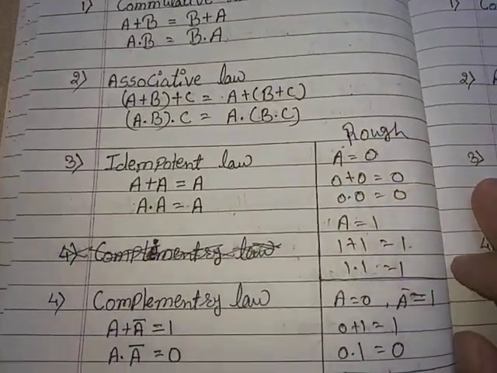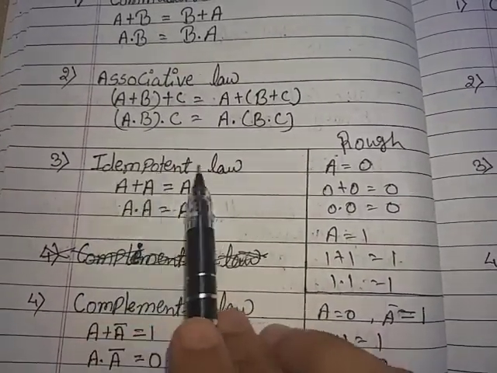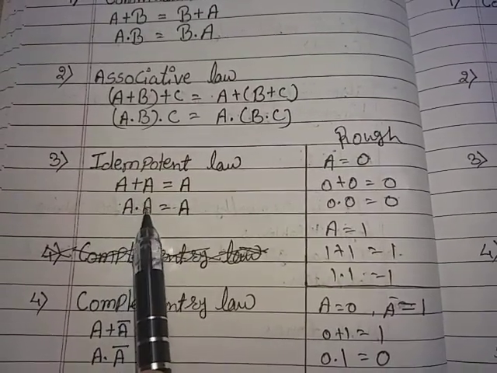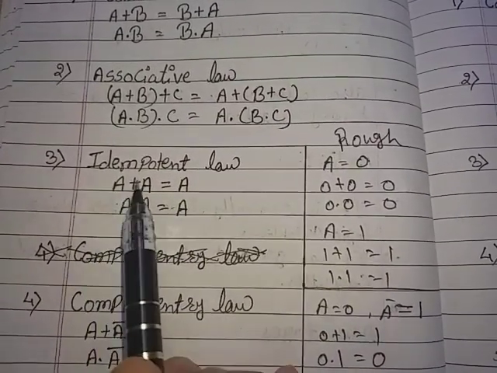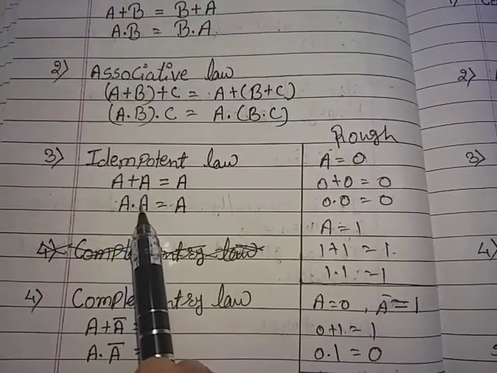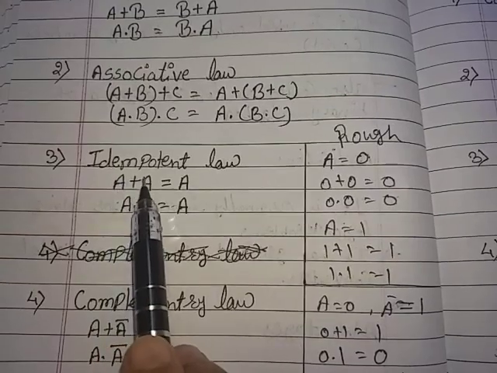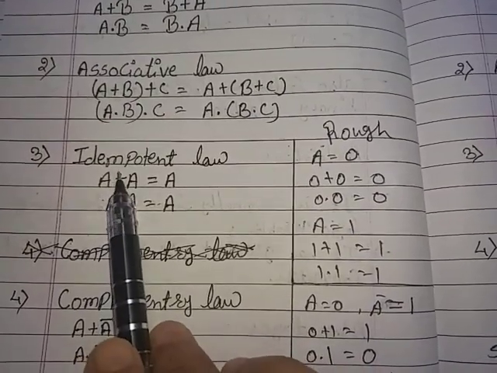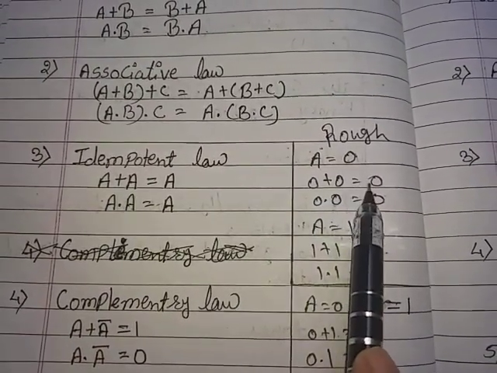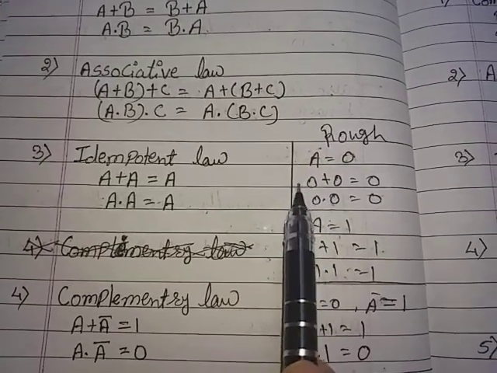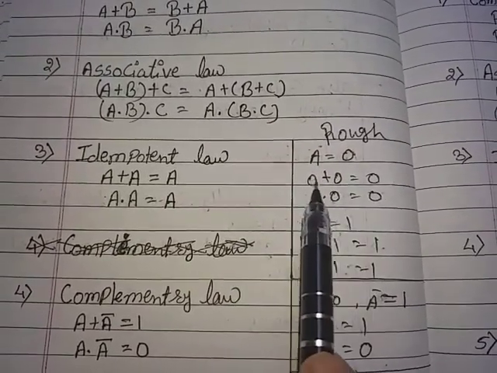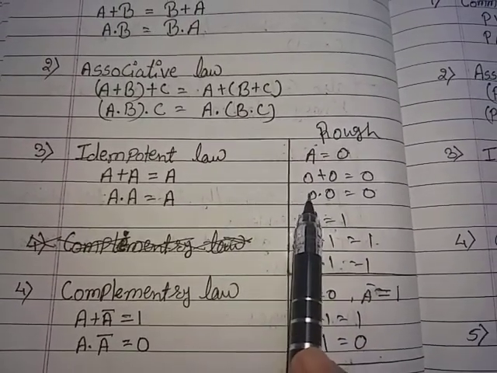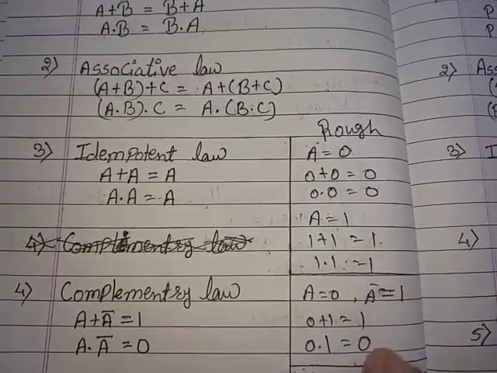Now let's move to the next law, idempotent law. A plus A is equal to A and A dot A is equal to A. That means either addition or multiplication, if anything is repeated, the value will be the same. Let's see one example. Suppose A is equal to 0. So we have 0 plus 0 is equal to 0. When both the inputs of an OR gate are low, output is low, 0 plus 0 is equal to 0. In a similar manner, if both the inputs of an AND gate are low, 0 dot 0 is equal to 0, output is